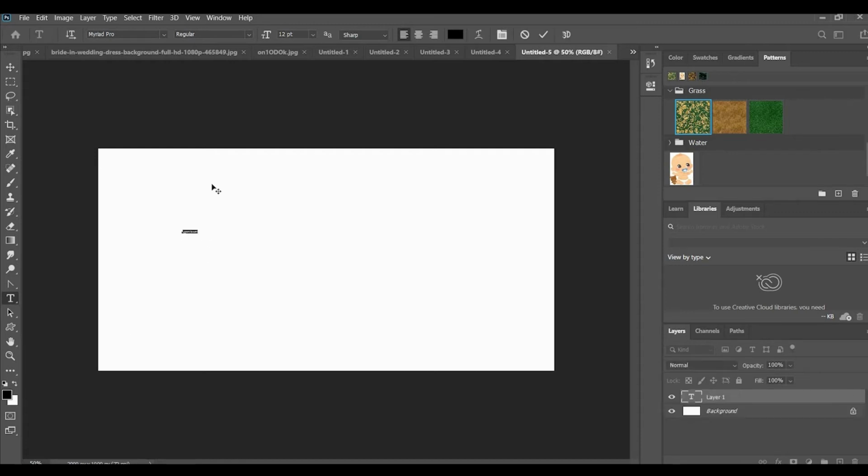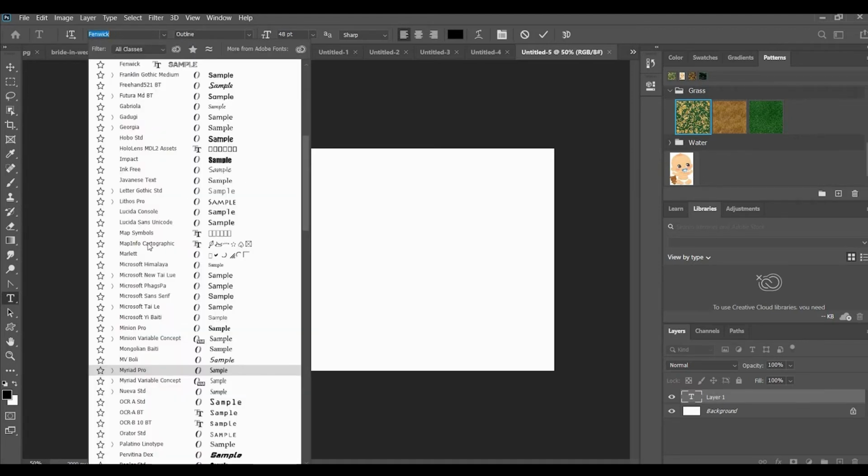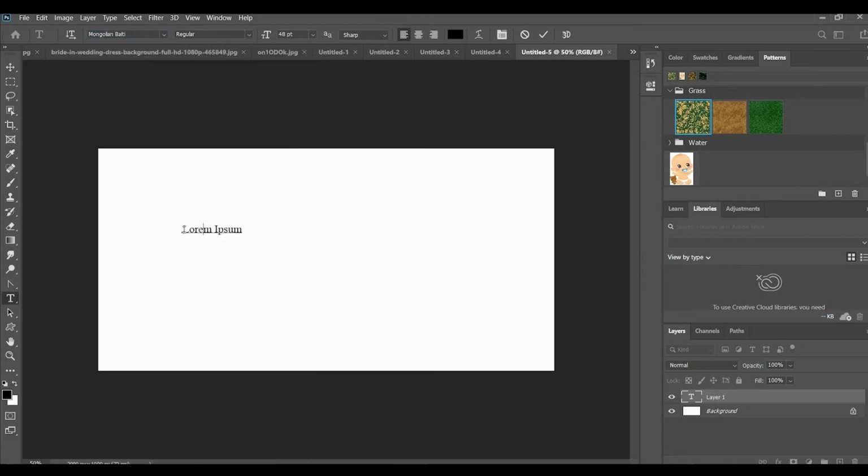Click here. Okay, I'm going to increase the point size. Right, I can choose the font style also. Okay, so here I'm going to type hello.